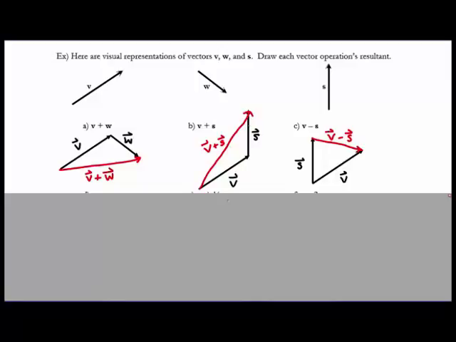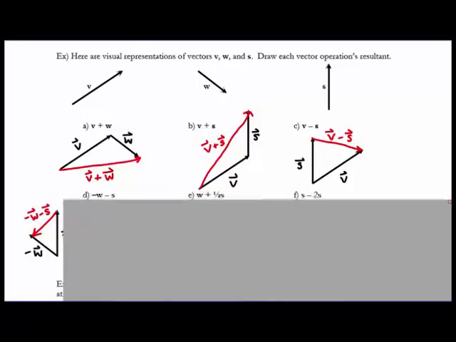V minus S, I did the triangle technique again. And remember, if you want to subtract, you put the initial points together, and then you draw an arrow pointing to the first part of the difference. So I drew V, I drew S, and then I pointed an arrow from S to V, and that's V minus S. Now these down here on the bottom, what I did for this first one, negative W minus S,